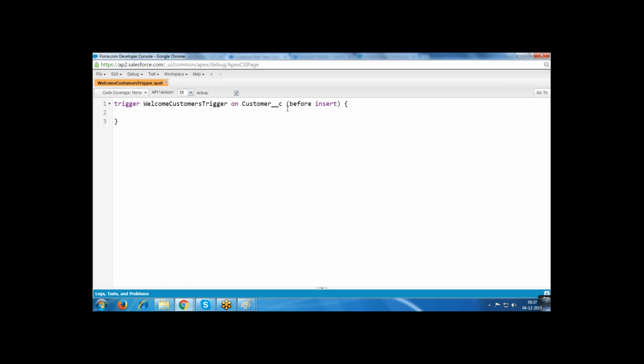Now, when it is required: before insert, only I require, and before update. I'm using the for loop: customer underscore underscore c cust colon trigger dot what is required?